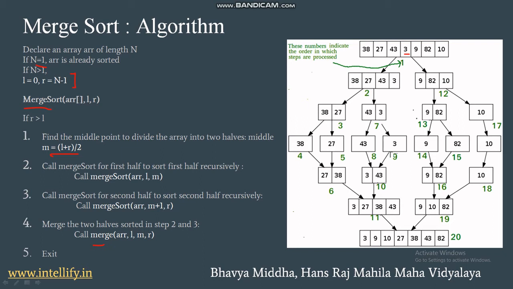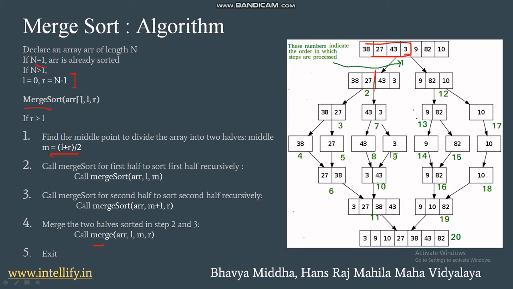But notice the steps here. After step 1, we have step 2, that is, we deal only with the first half, the left array first, the array that has 4 elements. Then again, for the array in step 2, we find its middle element, and we split this array into two halves: 38, 27, and the second array consisting of the elements 43 and 3.